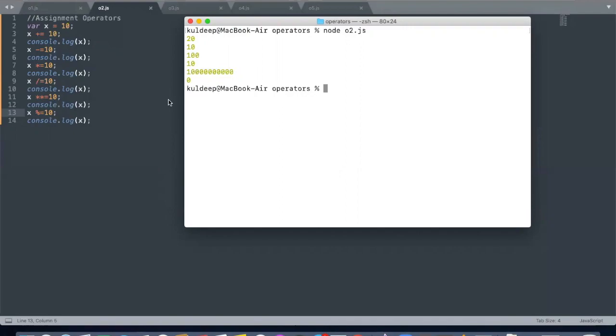Next, we need to find the remainder by 10. So if we divide that number by 10, I hope you will get 0 at the end. So it is 0 remainder. Next is